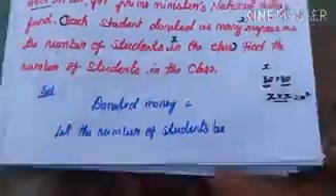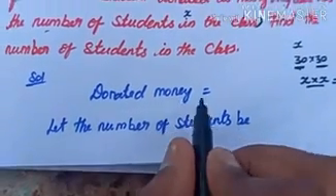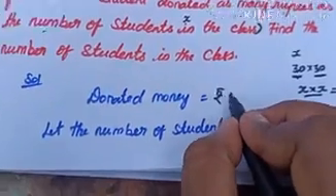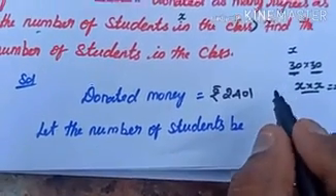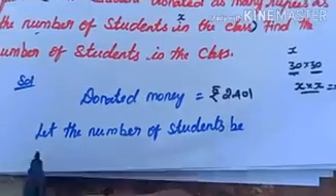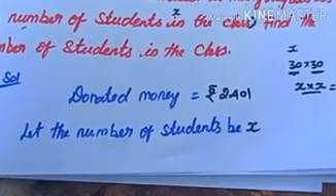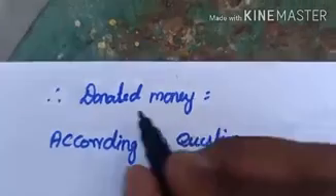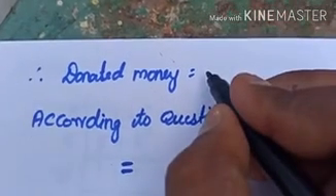In the solution I just show the donated money. How much donated? 2401 rupees. So 2401 is the donated amount. The number of students we don't know, so let the number of students be x. So what is the donated money? Donated money means number of students